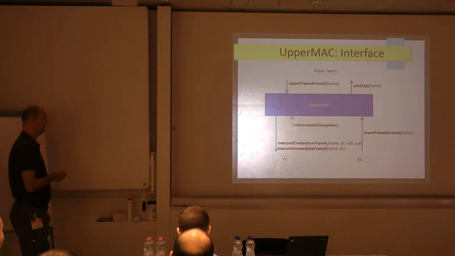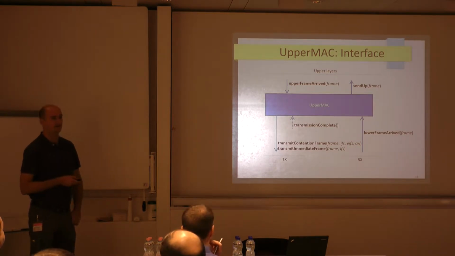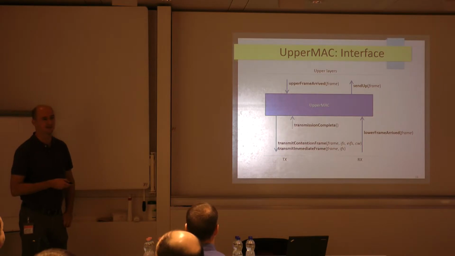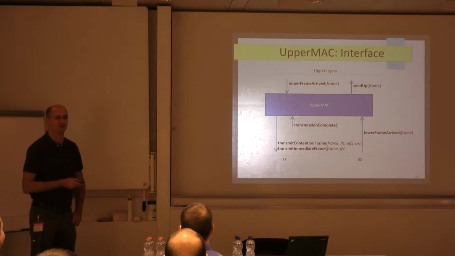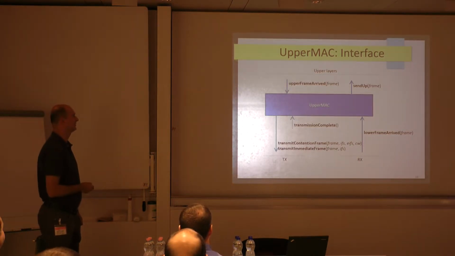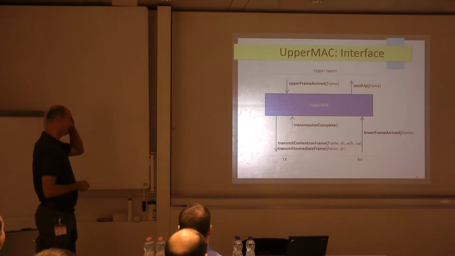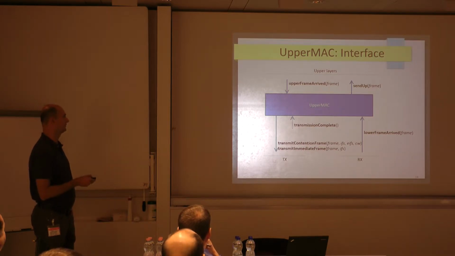Okay, this is the upper part. The name itself, upper MAC, I don't like the name, but I couldn't really think of anything better, so if you have a suggestion, that would be very welcome. It's kind of awkward, but it's a working name. Anyway, basically it keeps in touch with the upper layers, receives frames to be queued for transmission, and when some frame arrives and it's assembled from its fragments, it's sent up to higher layers.